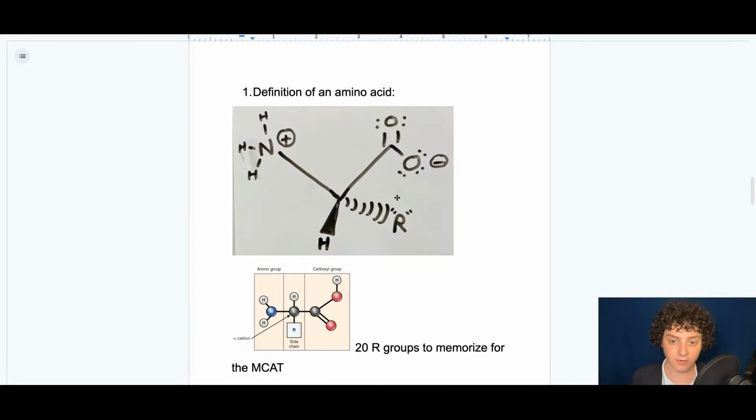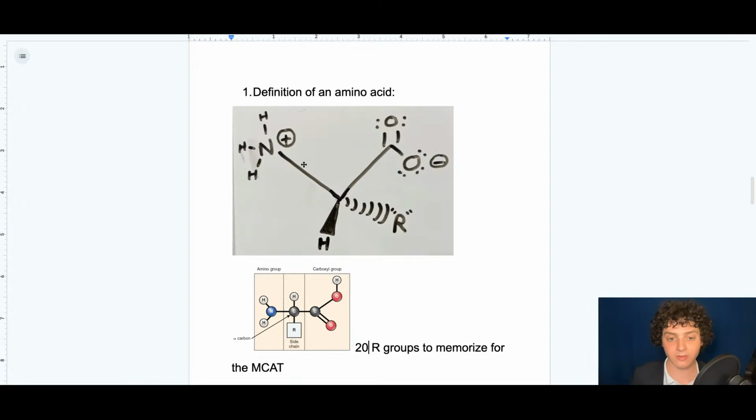So in this picture, the hydrogen is at the end of this black, what we call a wedge, and the R is at the end of this, what we call a dash. So the wedge means that that hydrogen is popping out of the plane of the screen or the paper or the whiteboard that the molecule is drawn on, and it's coming towards your face. The dash means that that atom is going into the plane of the screen or the paper or the whiteboard, and it is going away from your face.